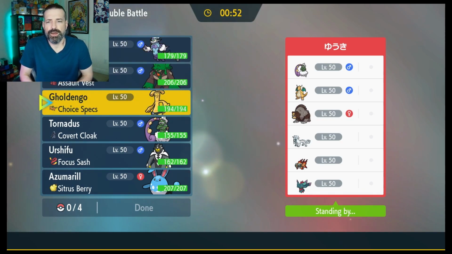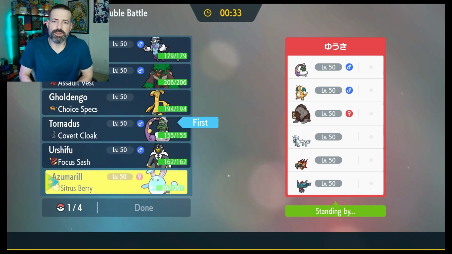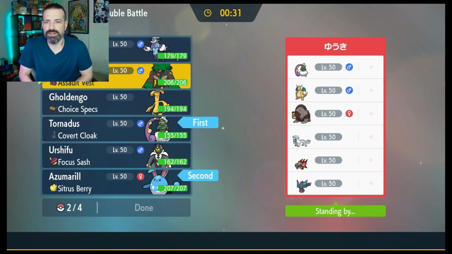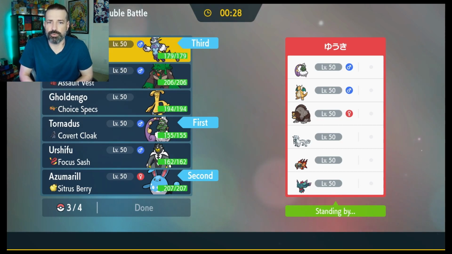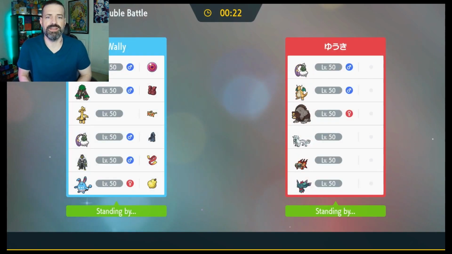So, I think we can actually go Torn and Urshifu. I don't mind going Torn and Urshifu. That actually wouldn't be too bad. I am going to have Thundy in the back, of course. And then I think we're going to have Urshi, too. It's got Focus Sash, and it has some really strong moves. And it's just a really strong Pokemon, too. So why not? I can do some good work, obviously, against...